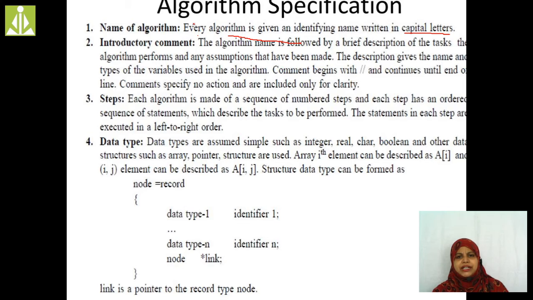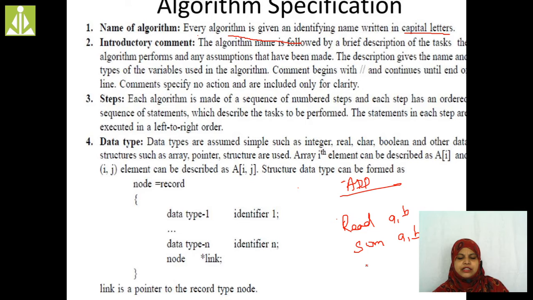While writing any algorithm, for example, I am going to write the addition of two numbers. My algorithm name is ADD. Just I am going to write: read a comma b, then sum a comma b, then write sum.